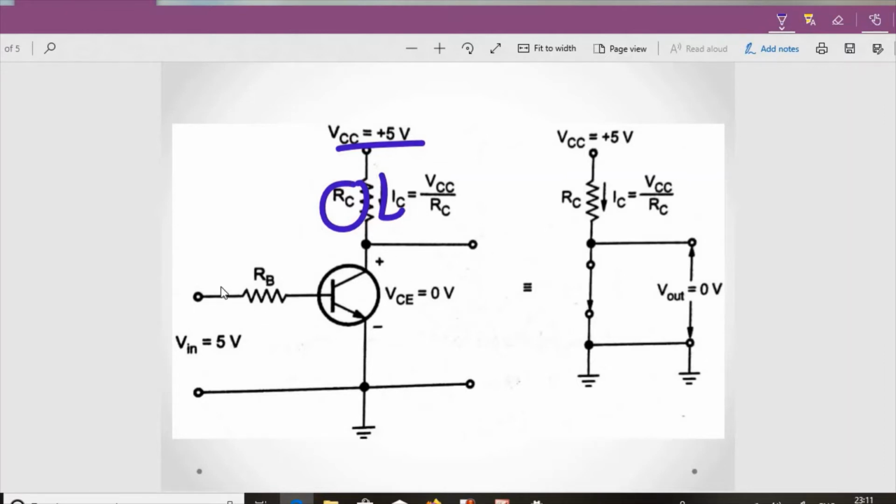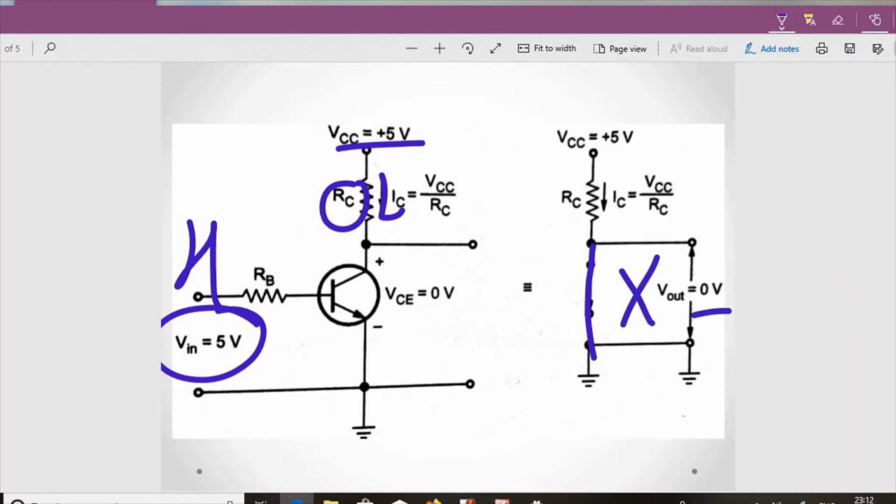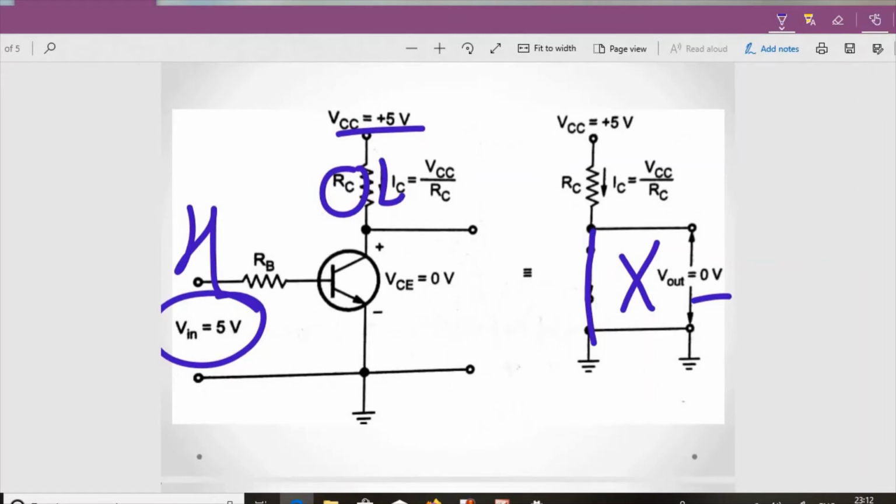Now this is the RB, that is your input to the base, and this is taken as ground. So when you are giving input as 5 volt, that is logic high, at that time this transistor will work as a closed switch. So your current is flowing, so you are not getting any potential difference out here, that's why you are getting 0. This was when the input given to it is high.